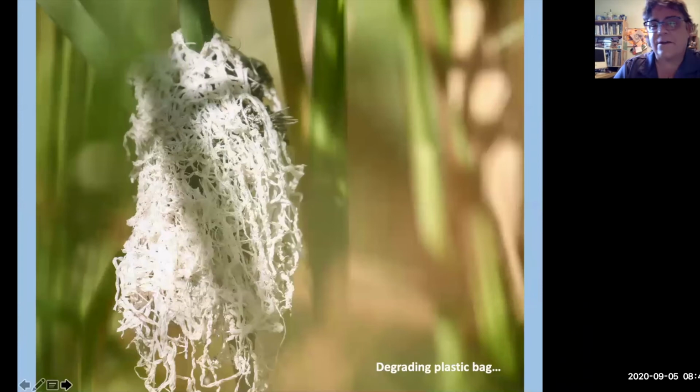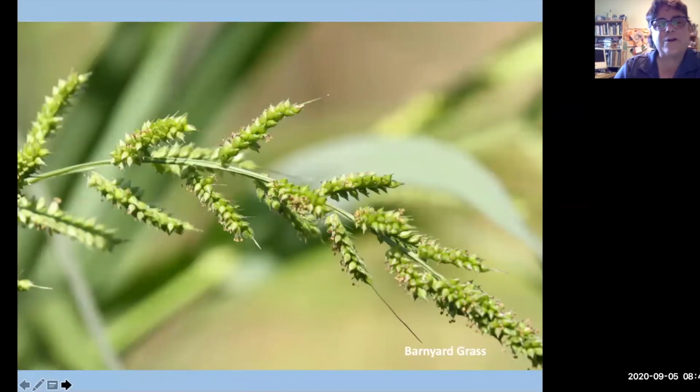There's sometimes not good things. This is a trash bag. So it's kind of sad to see that in the wetlands. So it's really important to keep those out of the wetlands, which the staff, the Sanitation District does very well. This is barnyard grass. This is the most important food source at the Bixby Marshlands for all of the seed eaters. We'll get to that too.